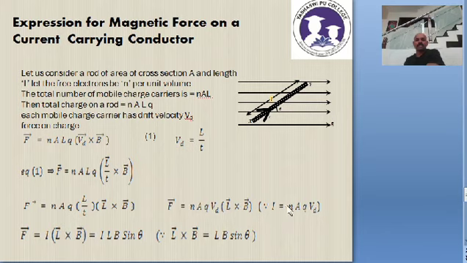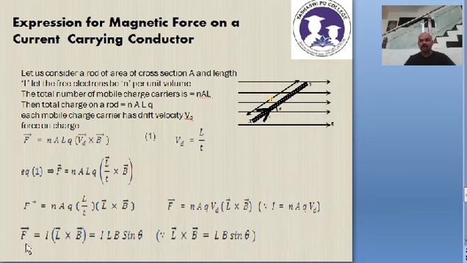So I is equal to, in the third chapter we have learnt, I is equal to N A E V D, E for electron. Here generally charge, so therefore we write NAQVD, that is the expression for current. So therefore you can replace NAQVD by current. I is equal to NAEVD, expression for current in terms of drift velocity, you know that. This is generally for any charge.